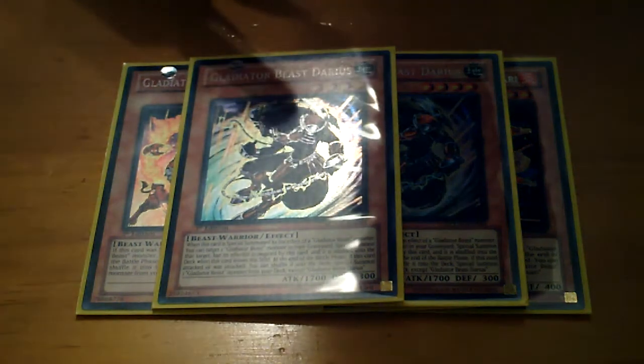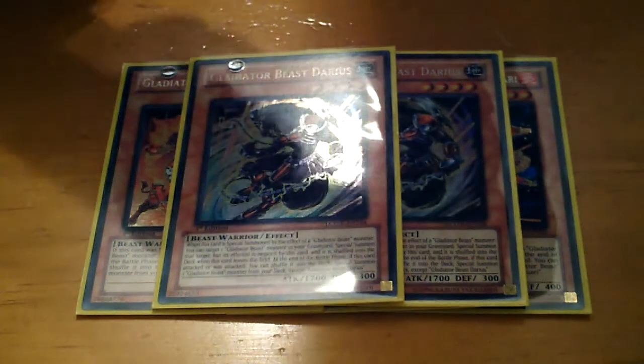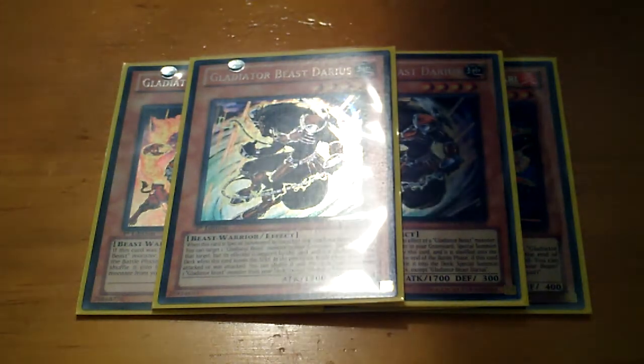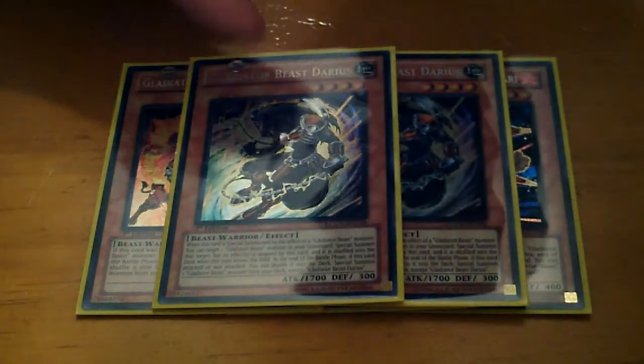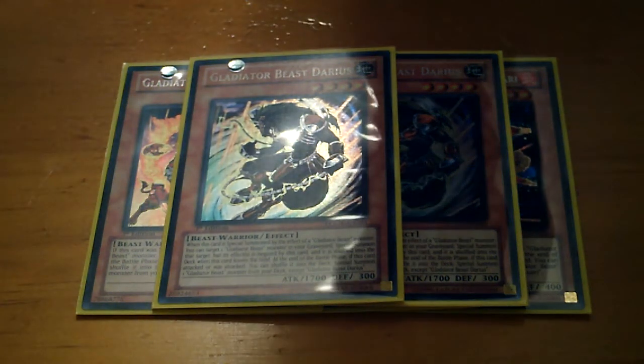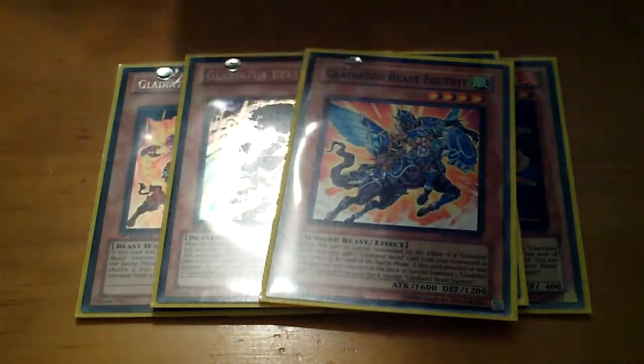When this card is tagged out and special summons the other one, switched out basically. So yeah, when this card attacks or is attacked, shuffle it back into the deck and special summon another different name Gladiator Beast. So yeah, as for the other Gladiator monsters, I run 3